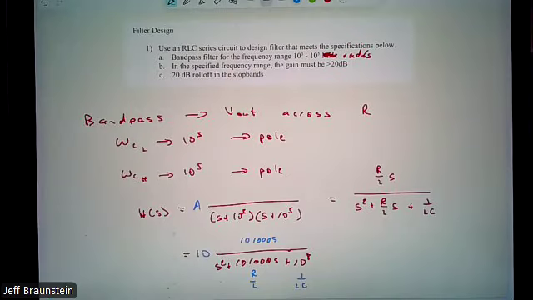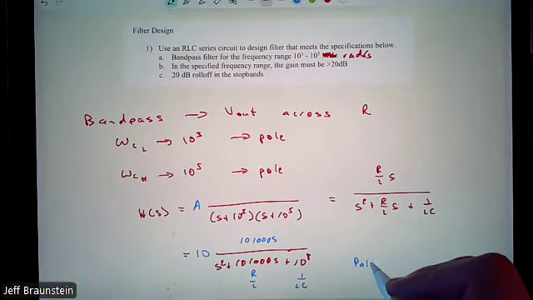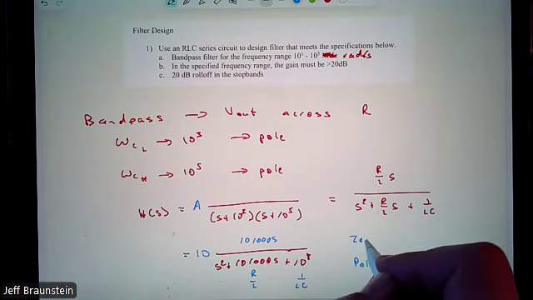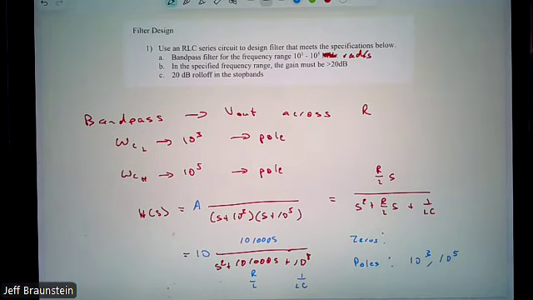What's my low frequency phase? You can kind of do this by inspection. We can always dive in with the math, but we can do it by inspection a little bit. We didn't write this out. We know what our poles are, that was given to us up here. We already determined this. Poles, 10 to the 3, 10 to the 5. What are my zeros? And I do have zeros. I have a 0 at 0. What's my starting low frequency phase?